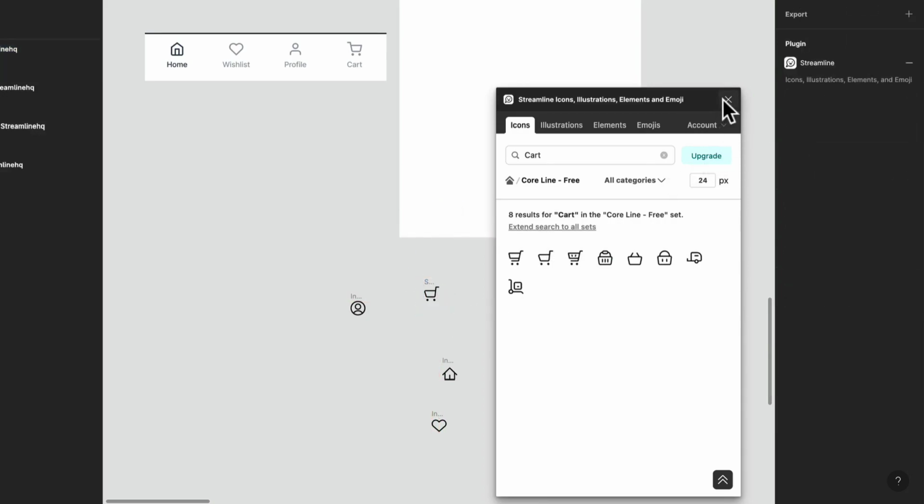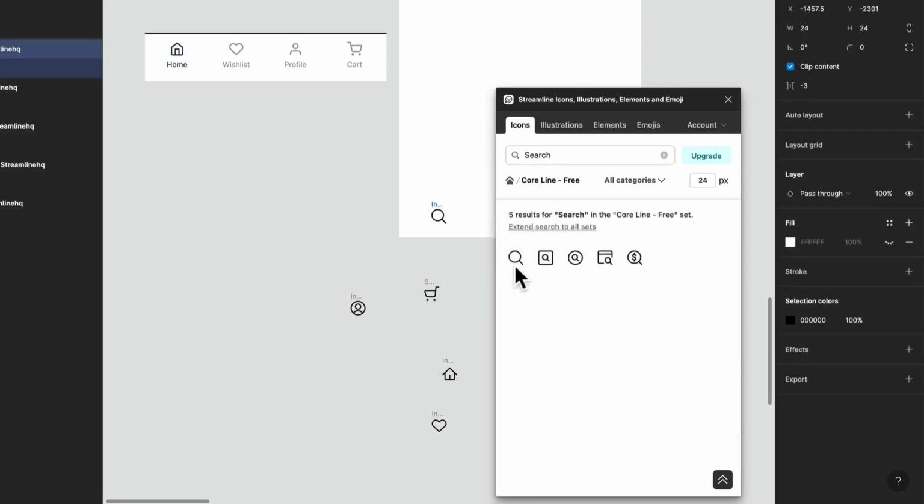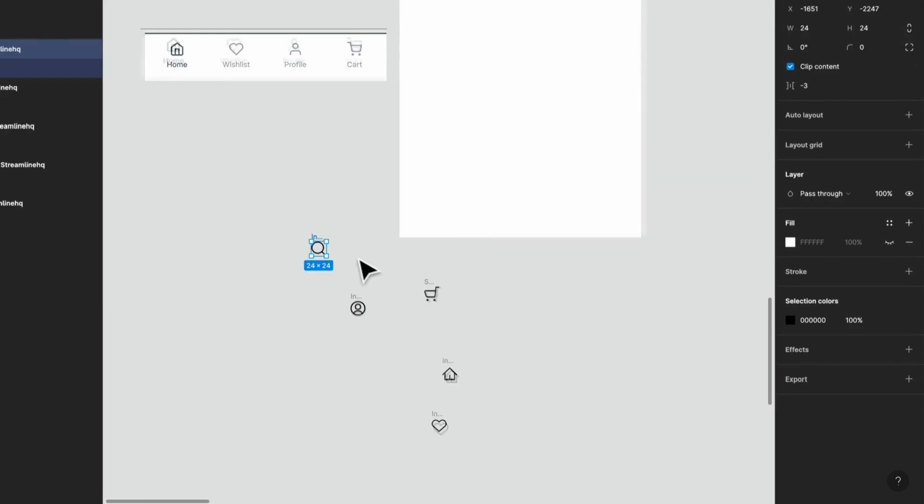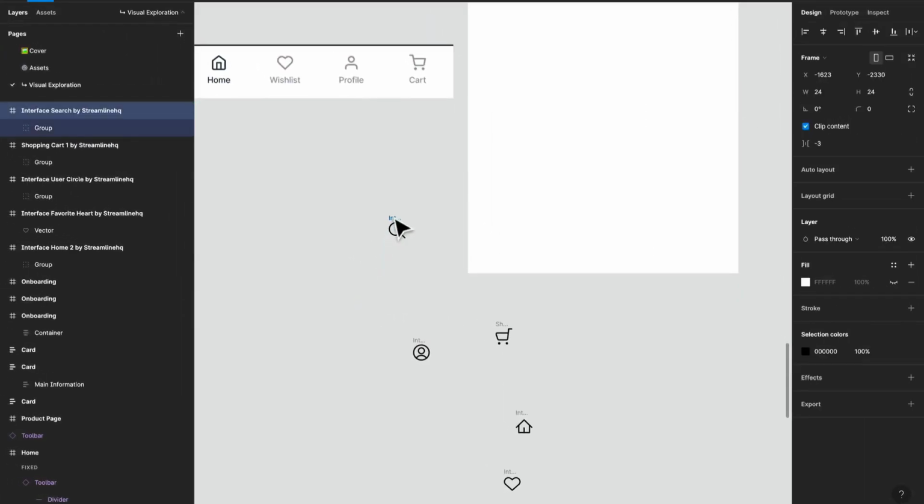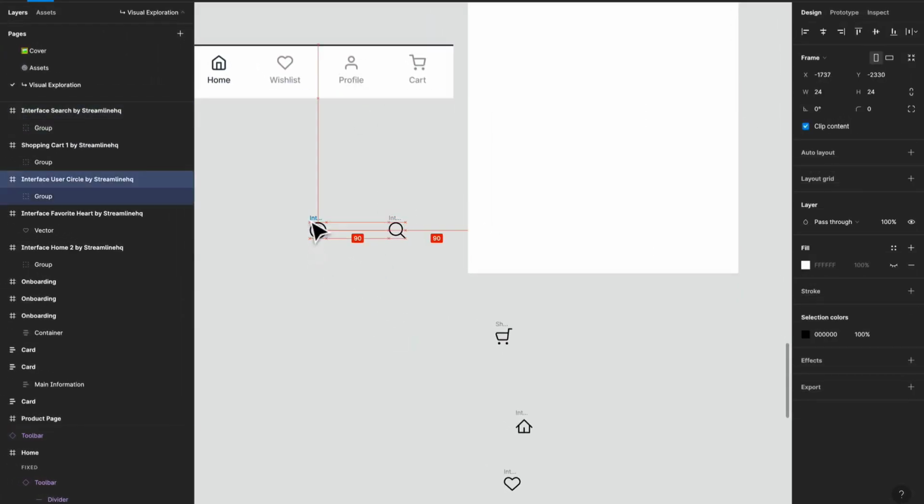Okay, so now we got our icons. I'm actually thinking about moving the search to the middle, so that we always have a search available to us. So I'm going to grab a search icon there. Okay, so the next step: we have this area here, we have some structure around some of these items, and I'm going to